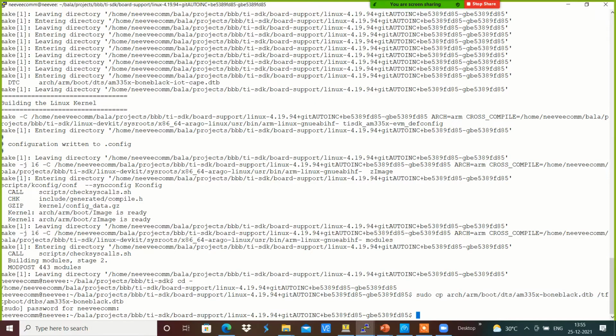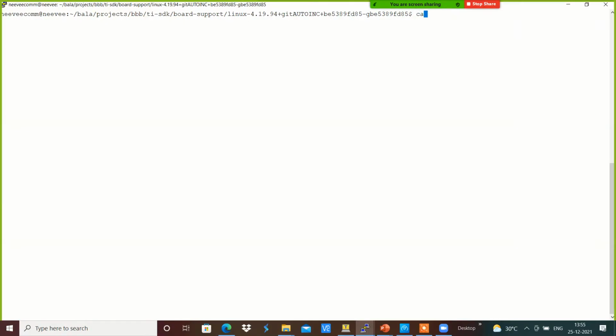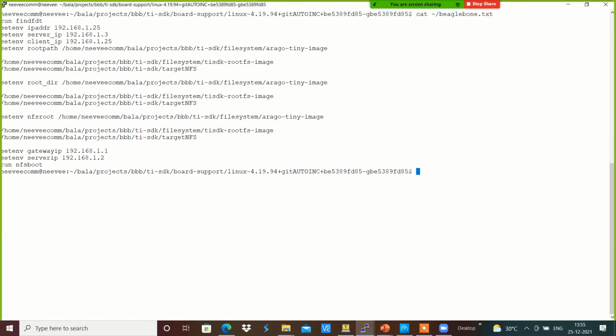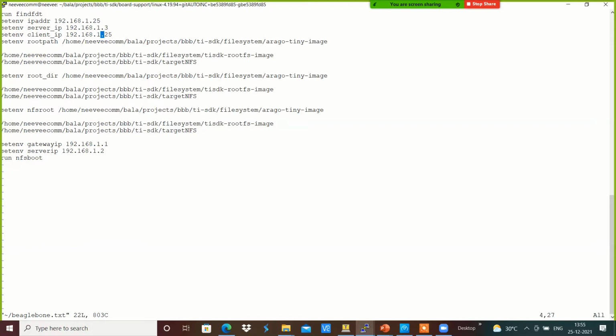In this we will have cat beaglebone.txt, maybe beaglebone. Here we will have something like 2.